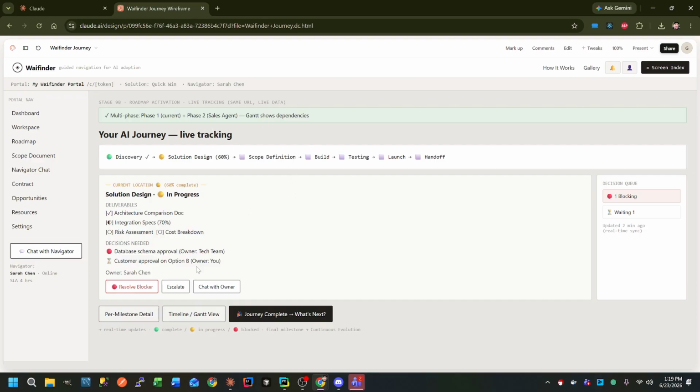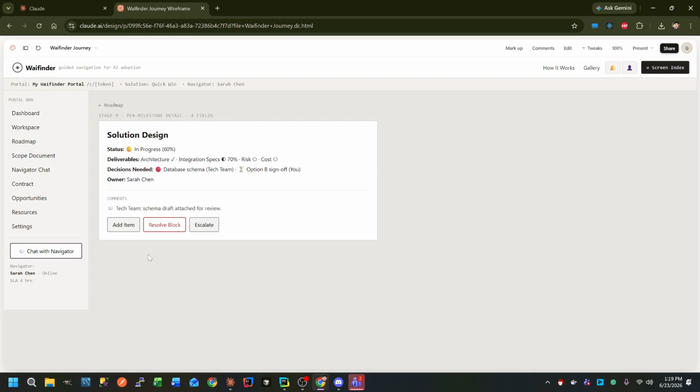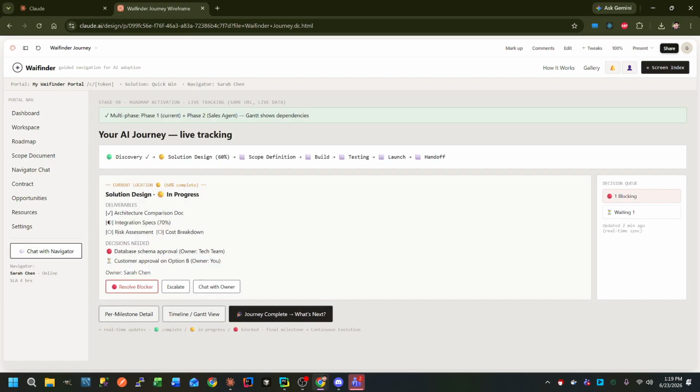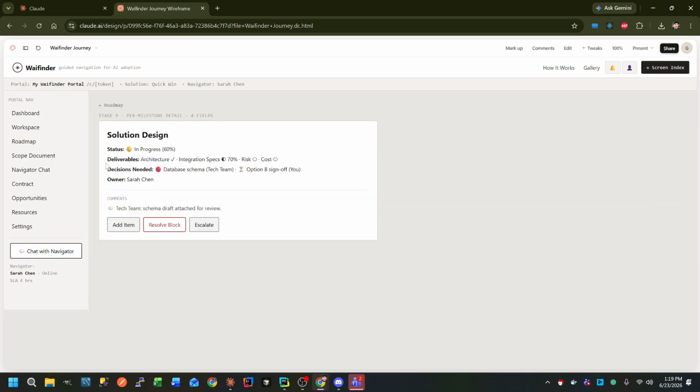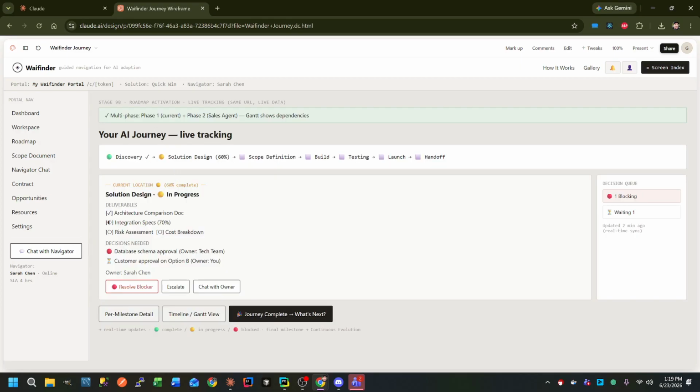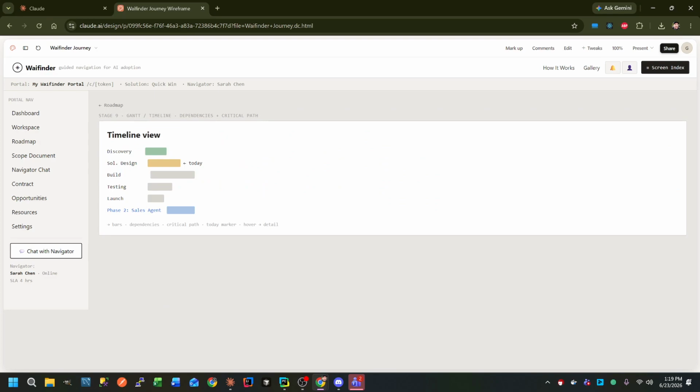And oh yeah, one thing I want to show you guys here is you have per milestone detail. So this is with the milestone they're currently on. This is the detail about what's being worked on currently. And then you have the Gantt view. So here it shows dependencies and where we're at today, and you can see the sales agent can't really be worked on until